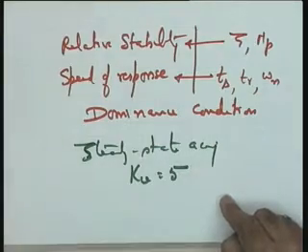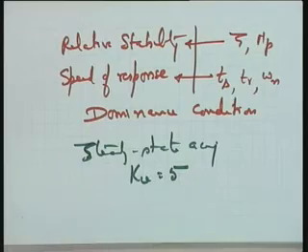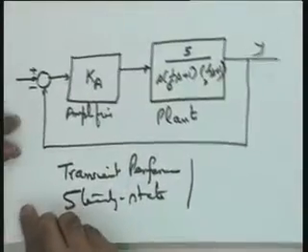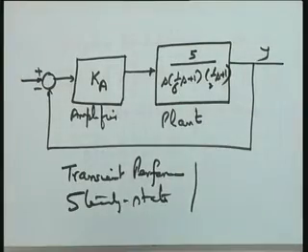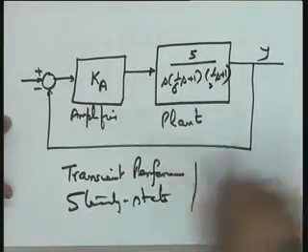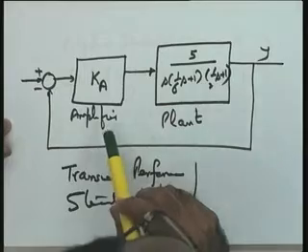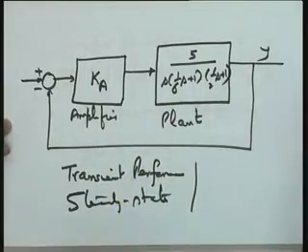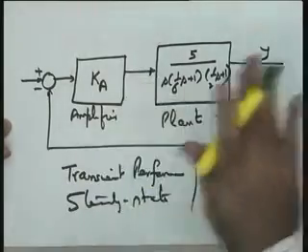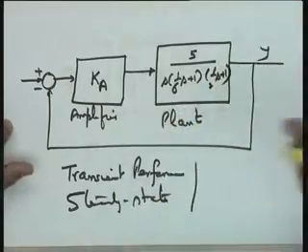All these things should become our ABCD. They should really immediately be translated into the performance. So, in this particular case, the question might come to your mind, why did I specify directly Kv? Kv is equal to 5. Though I know that Kp and Ka are also the two other error constants I have introduced to you. For this particular problem both Kp and Ka have no meaning if I go for a pure gain adjustment, because Ka is equal to 0. So, the steady state error to acceleration input is going to be infinite.